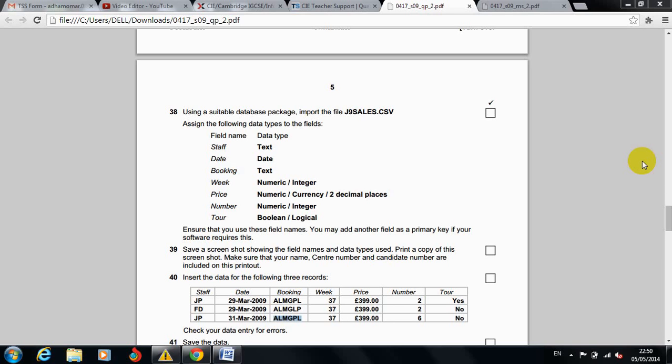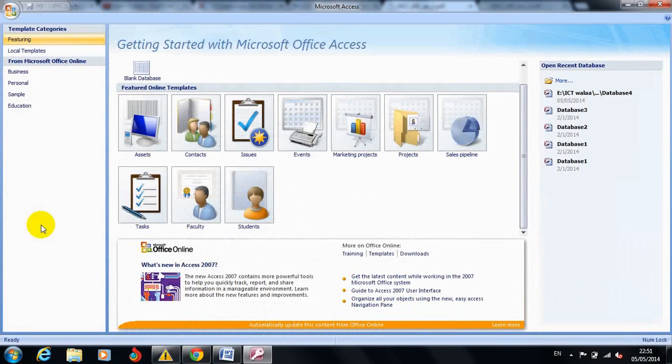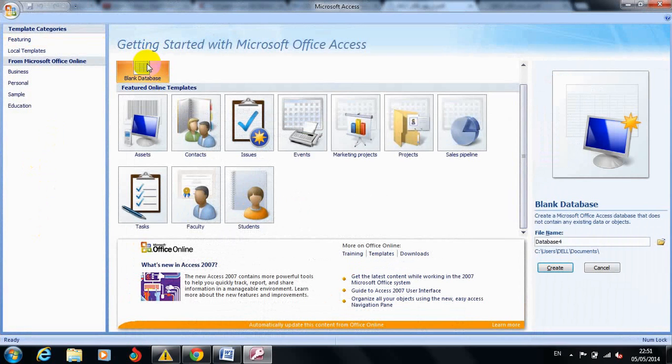We'll start Access May June 2009. It says using a suitable database package, import the file j9sales.csv. First we are going to open Access, then blank, create blank database. We'll name it j9sales